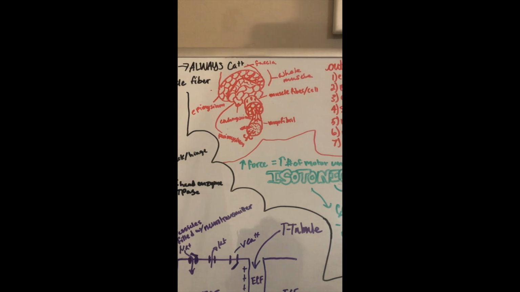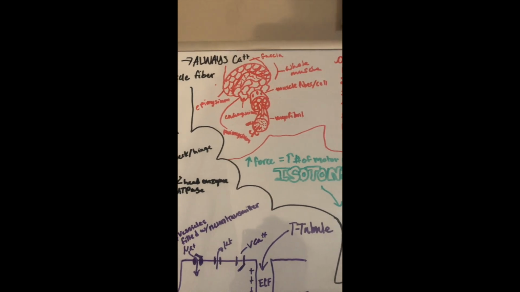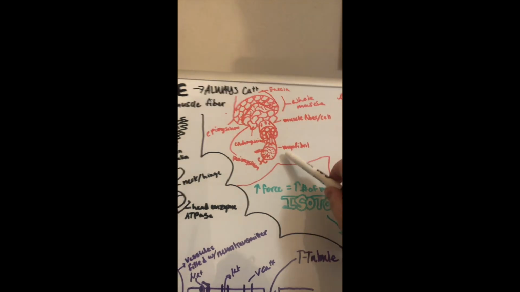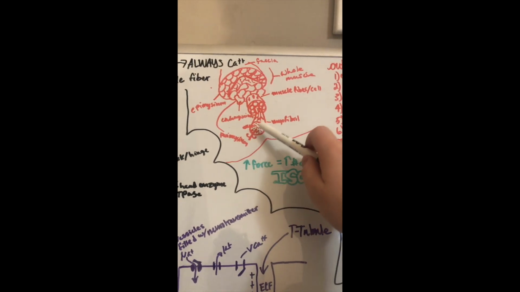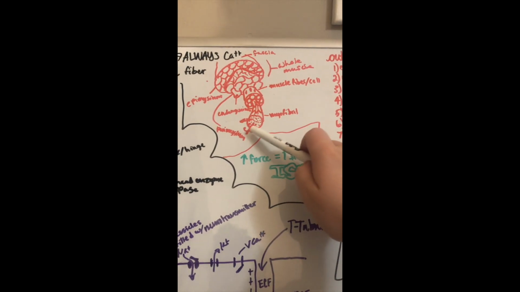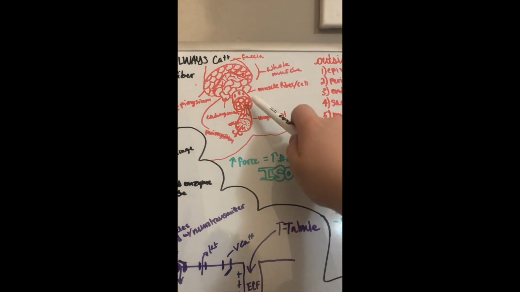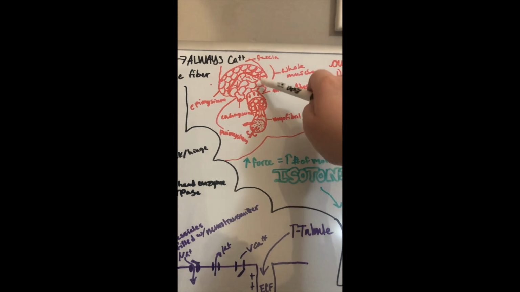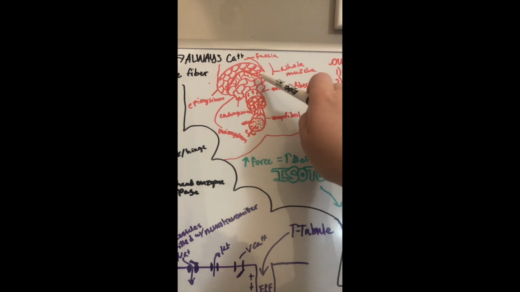Okie dokie, so we're gonna jump ship and come to this other section up top. This is a diagram of a whole muscle. So we start with a myofibril and see there's our myosin with our myosin heads coming out here. Then we come to our muscle fiber or our muscle cell. And then a bunch of those become